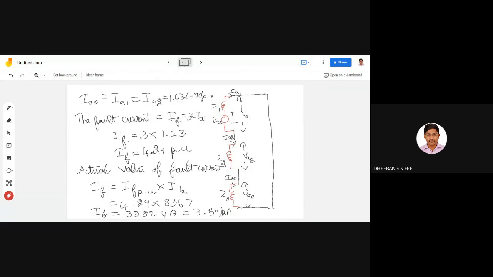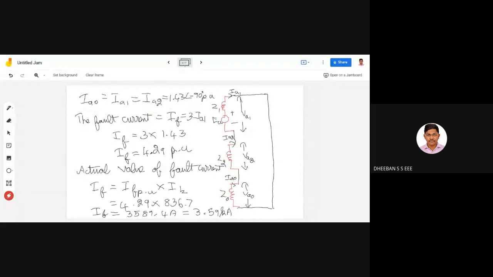Okay, those two will be in parallel. And in case of your double line to ground fault, your positive and negative sequence, also your zero sequence, all the three will be in parallel. But in case of your line to ground fault, all the sequence impedances or the sequence reactances will be in series with each other. So the current flow will be the same throughout the network.